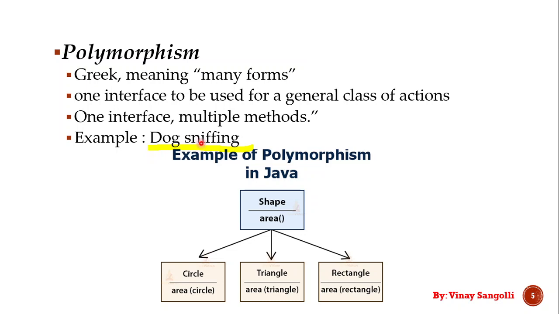Okay. So when we speak of polymorphism in Java, the best example is given here: we have a shape, we have an area, right. Using this one single block, we can calculate the area of any geometrical shape. Say the shape is a circle, we can calculate the area of a circle. We are using the same upper block. The shape is a triangle, we can calculate the area of the triangle. The shape is a rectangle, we can calculate the area of the rectangle, and so on. That means, with the same shape and same area, we can do n number of calculations. So this is what you mean by polymorphism.